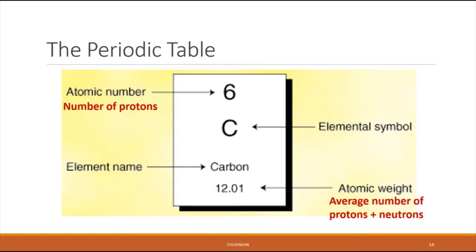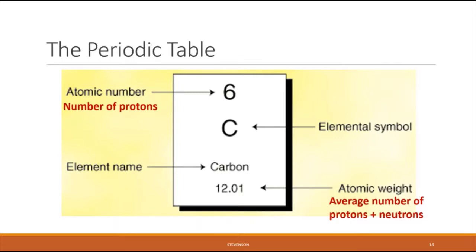Now you may think that there's something fishy about the number at the bottom, the atomic weight, because it's 12.01. And we can't have fractions of protons or fractions of neutrons. We said that a proton weighs 1 Dalton and the neutron weighs 1 Dalton. So how can we have 12.01 as the average atomic weight? Where does that 0.01 come from? We're going to talk about that in just a second, but before we do, let's move back to the periodic table